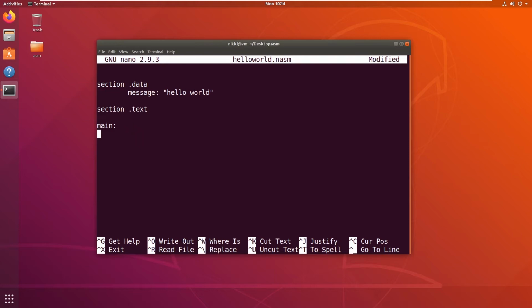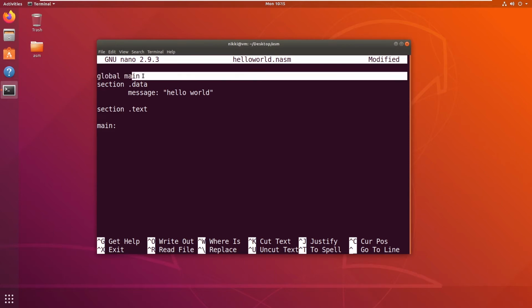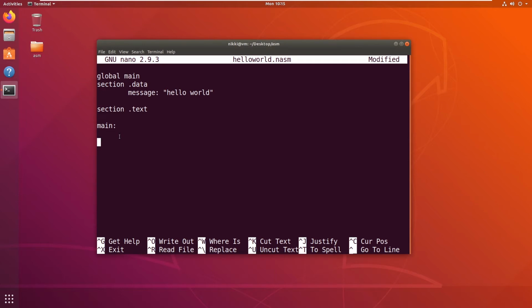It's called a label. And also you want to set this as global, so whenever our code is executing, this global main can be accessed by our loader, and the CPU can access it easily.